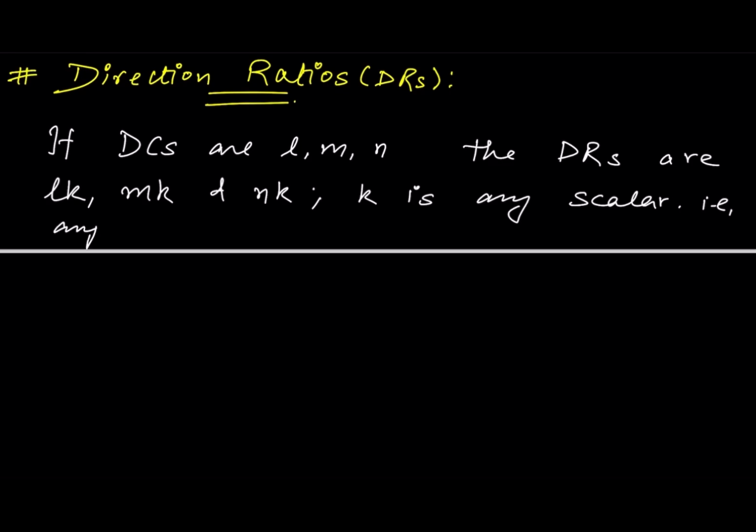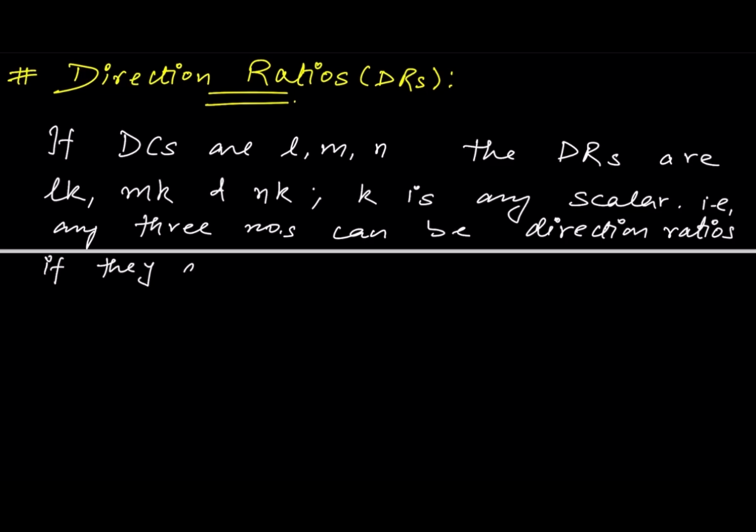Any three numbers can be direction ratios or DRs if they are proportional to DCs, right? That is, if a, b, c